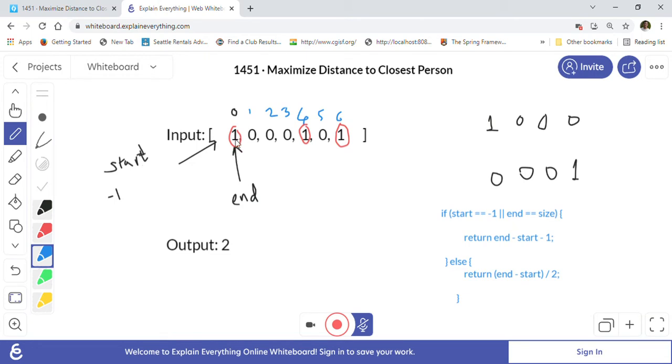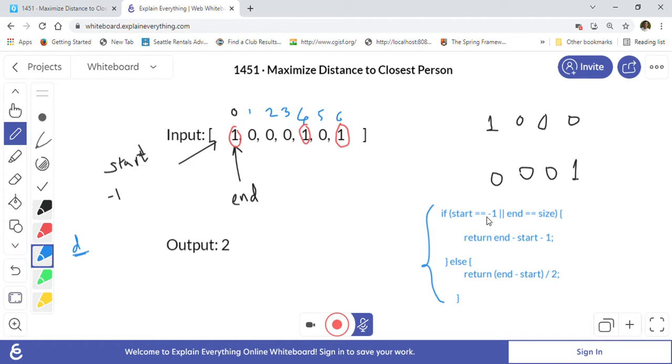Whenever there is a 1, which means an occupied position where someone is already sitting, we are going to calculate a distance and keep track of the maximum distance. For example, if we find a 1 here, at this time end is equal to 0 and start is equal to -1.